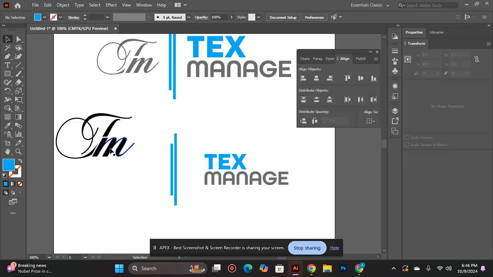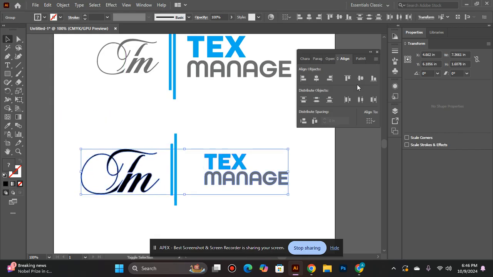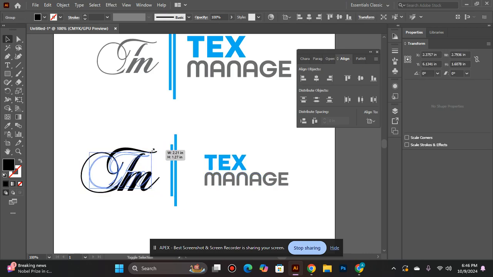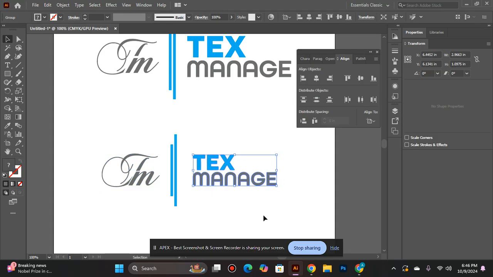vertical align center. Now I'm going to take this and this and this, okay, and like this, change color and your logo of text manage is